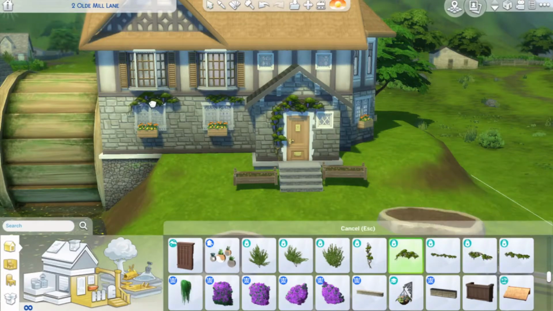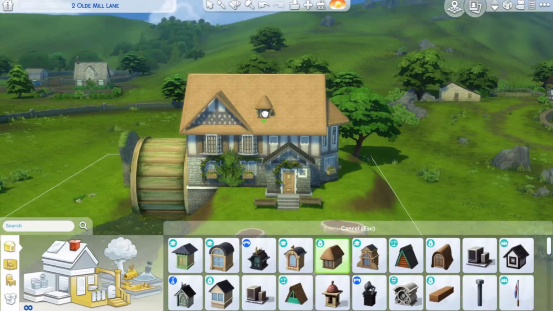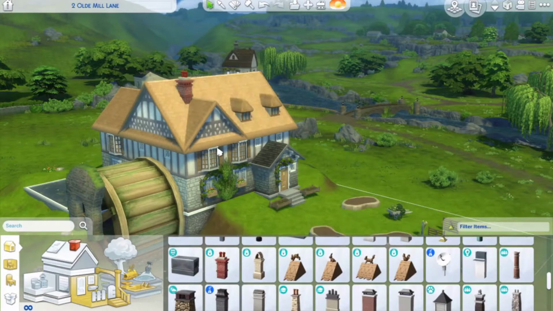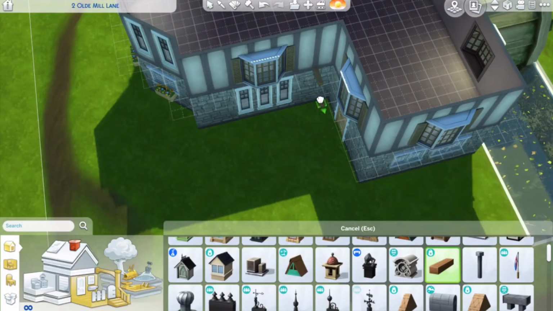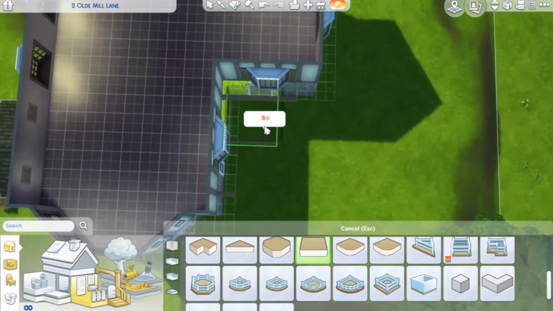Obviously wisteria, my favourite object. I actually found an amazing debug object for wisteria. It's like a corner piece, and I use it for our little trellis outdoor area, and it just adds some necessary realism. This is where we make our trellis, so we're going to place all the little individual bits and